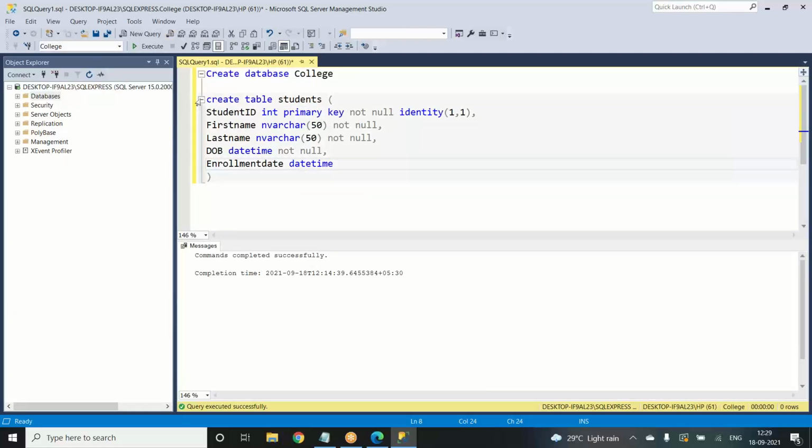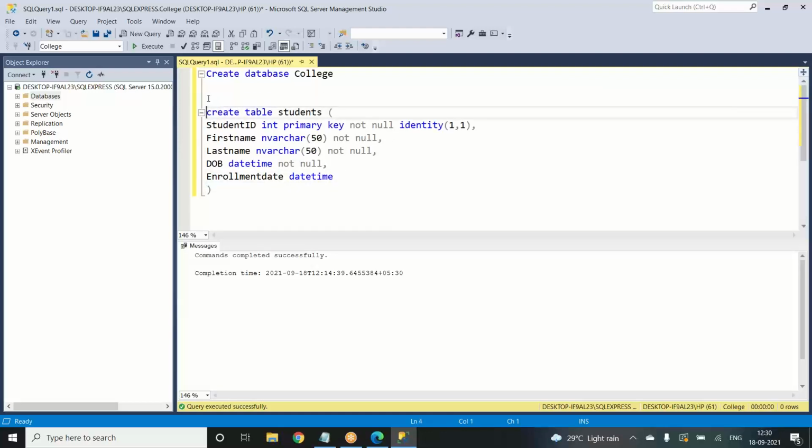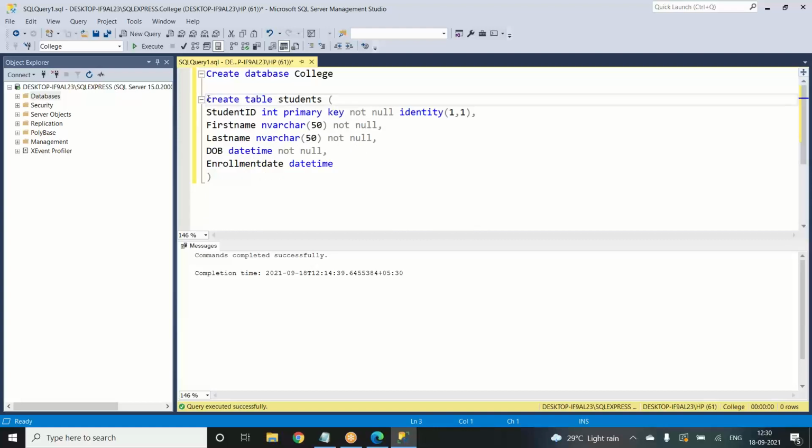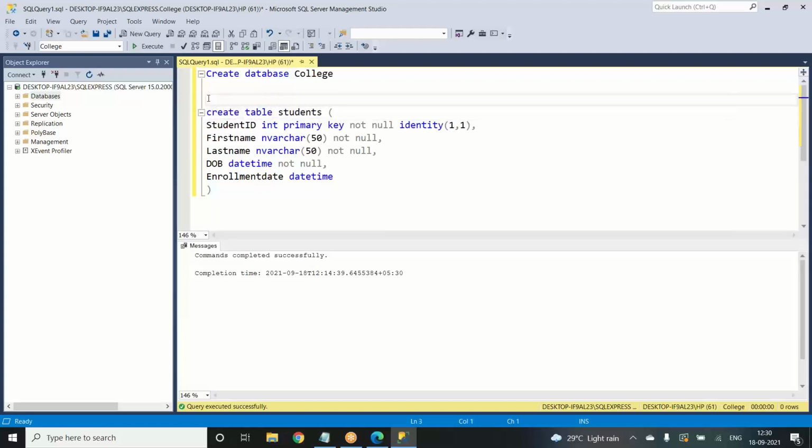Now, if you do not want to check that every time you do something, if you think that is a hassle, what you can do is write one command. See, use college.